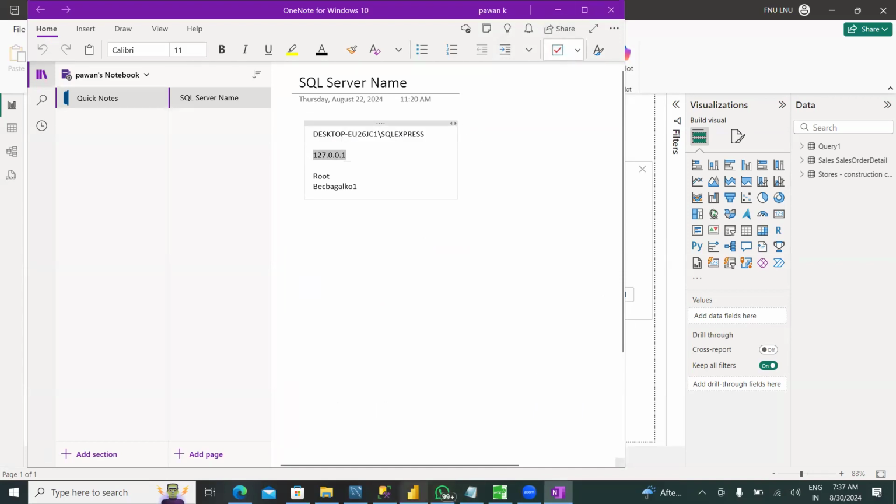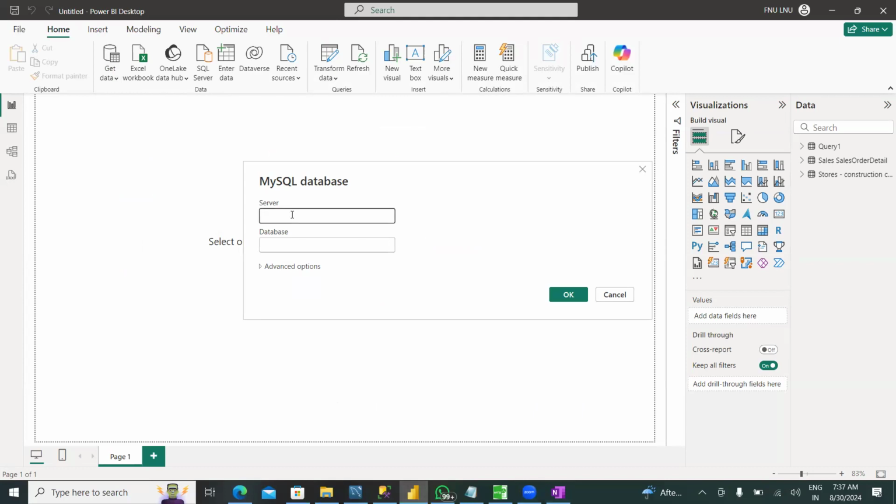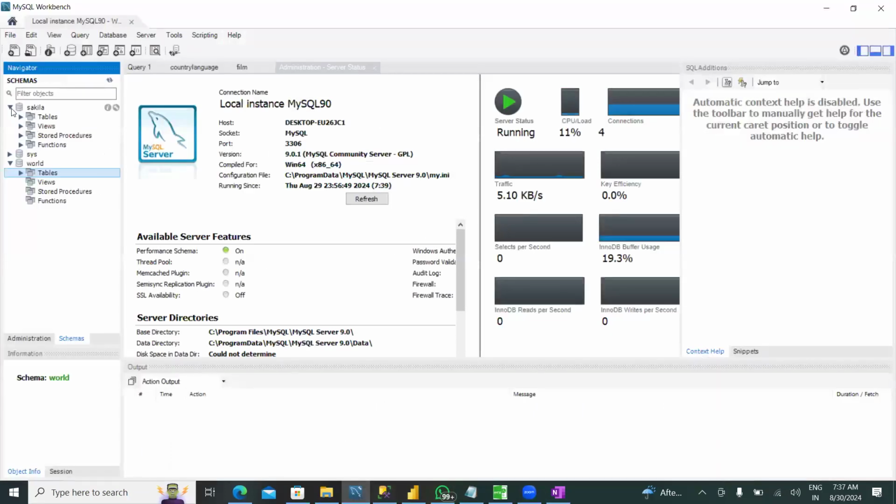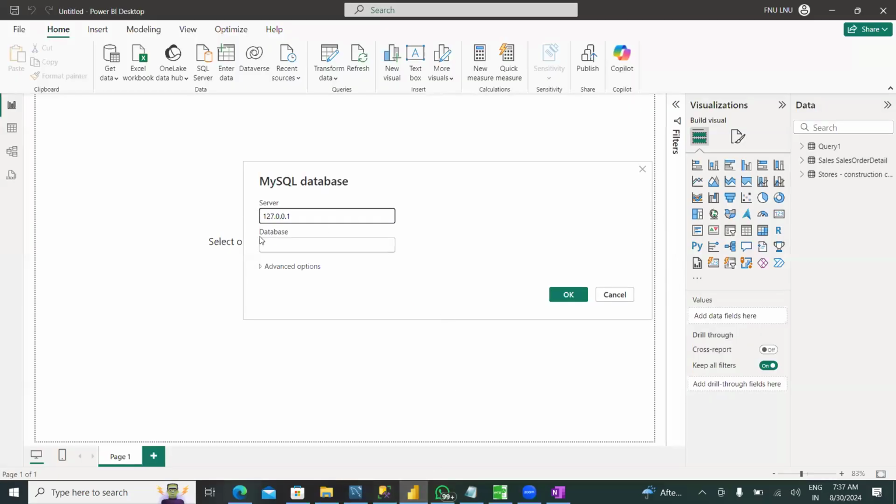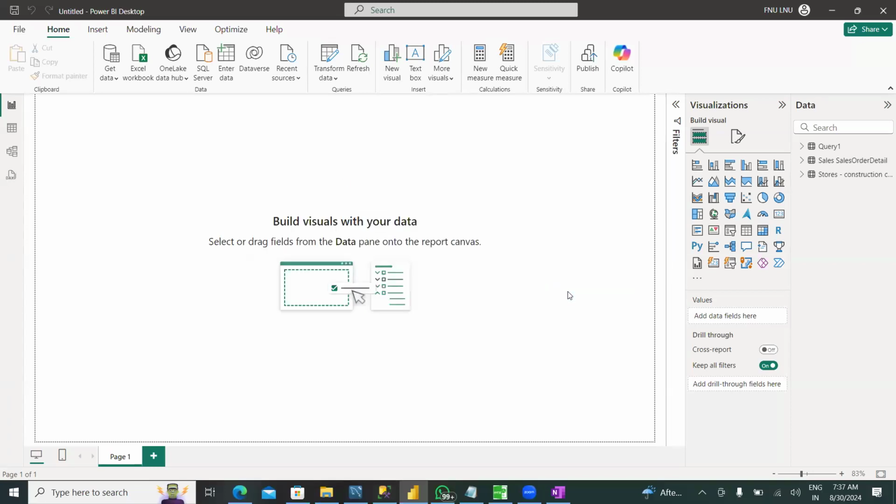Copy and paste. And the database that I'm trying to get here is the Sakila database. And if I click on OK now,